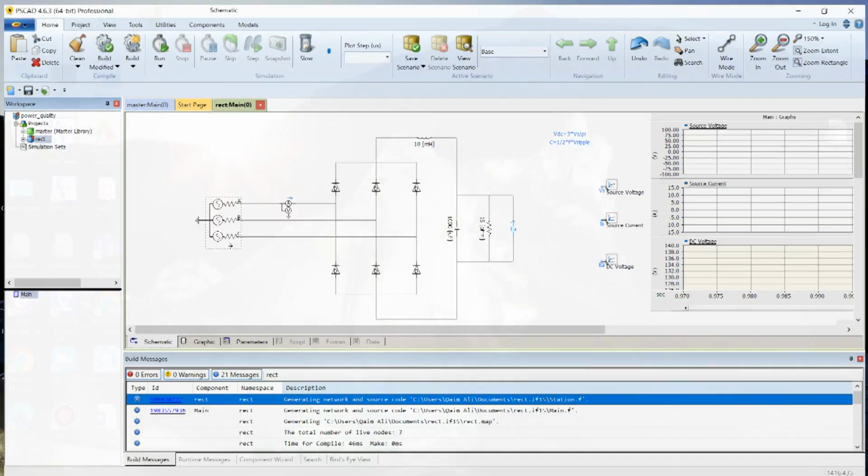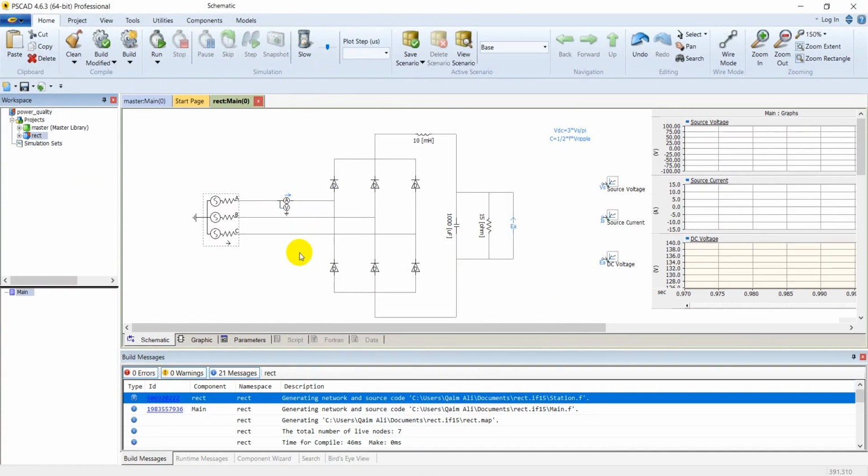Today we will study power quality analysis in PSCAD. We are using a three-phase rectifier circuit with a three-phase source. You can see the output impedance of the source is modeled as a resistive,